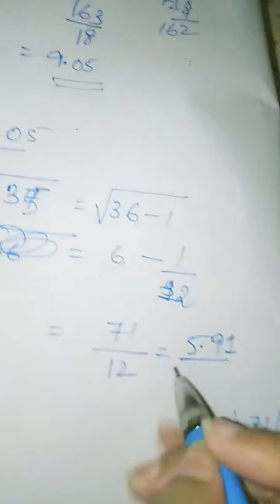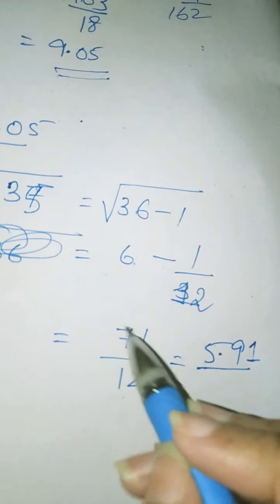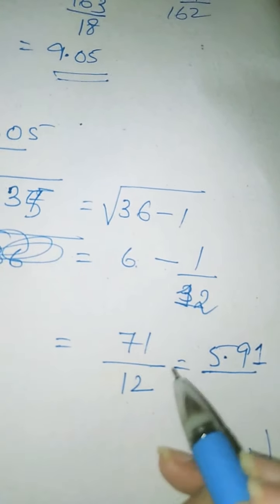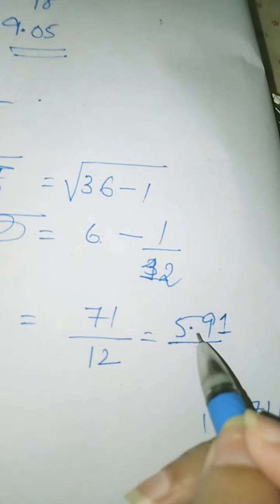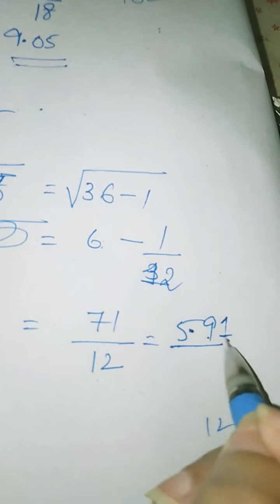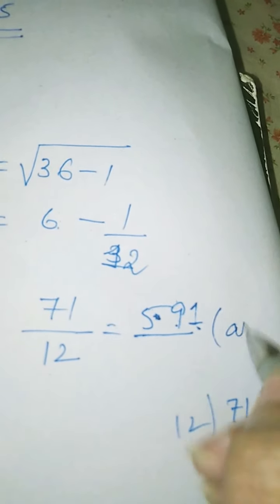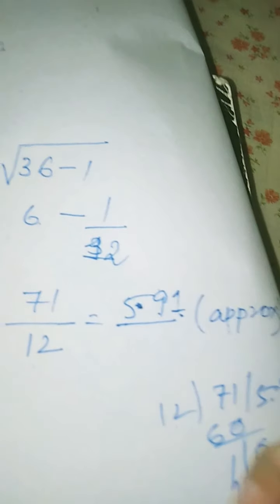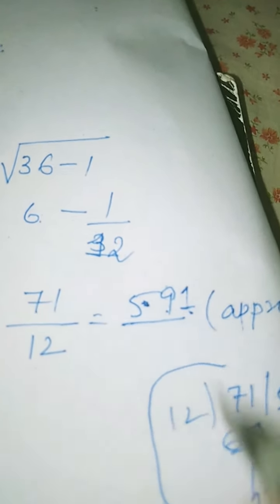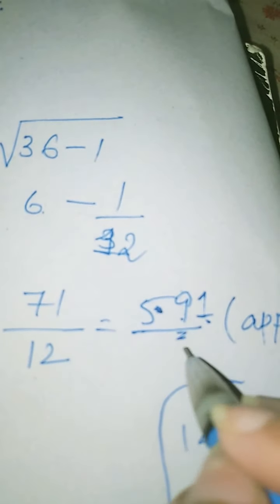Now always be sure that whenever you do the division for the final answer, you get the answer in 2 decimal places. That is, after the decimal you have to get 2 digits. Otherwise, as it is an approximate answer, it might sometimes be wrong if you find it with only one digit after the decimal point.